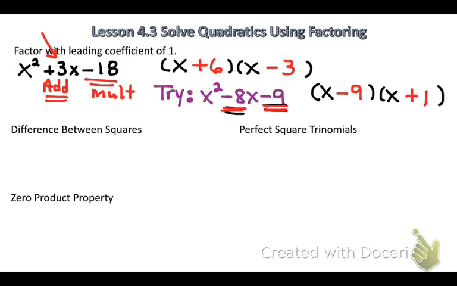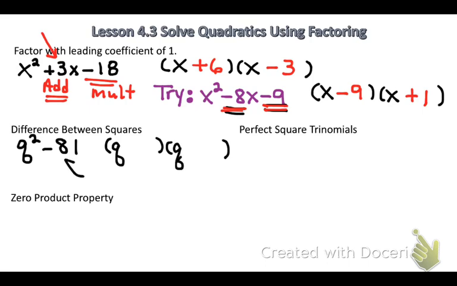Next, we can factor using special products. So first we're going to look at the difference between squares. An example might be q squared minus 81. So again, we'll create our two binomials. We know the first term has to be q,